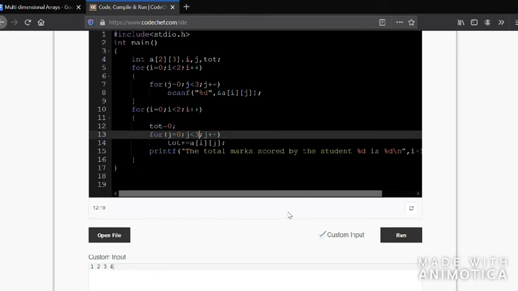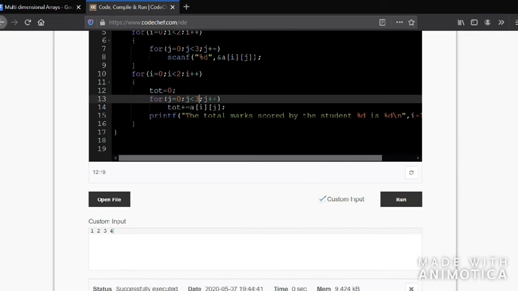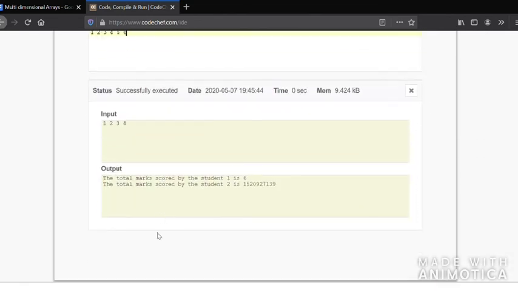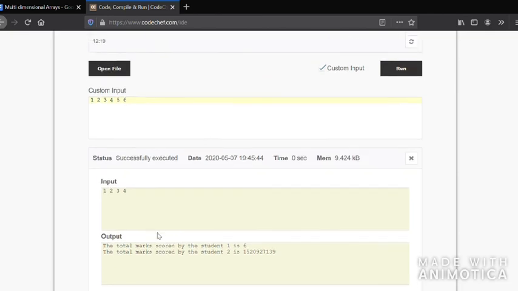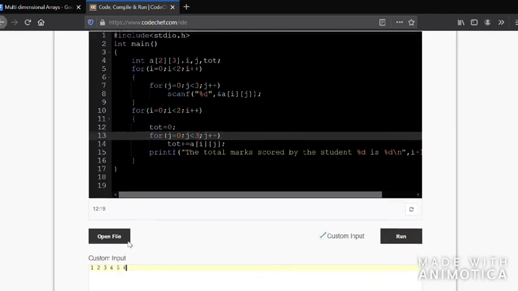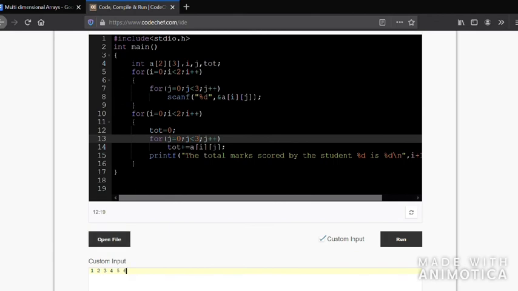So this should do. Now let us see what will be the output. Run. I'll have to give more values, 5, 6. See, it's getting a garbage value because the input was taken as 1, 2, 3, 4. Here the array, that is because you're going and accessing all the values. So if you don't fill the particular values in an array with a particular number, then it will store garbage values.